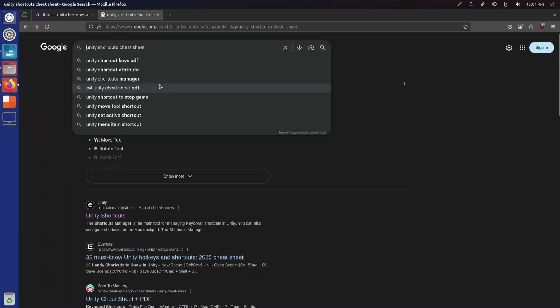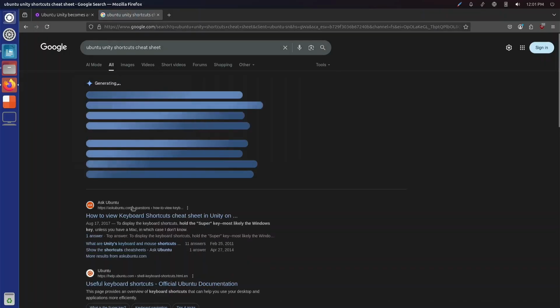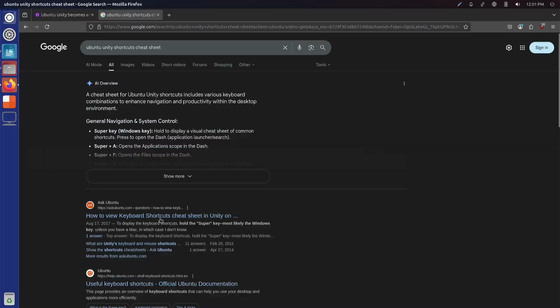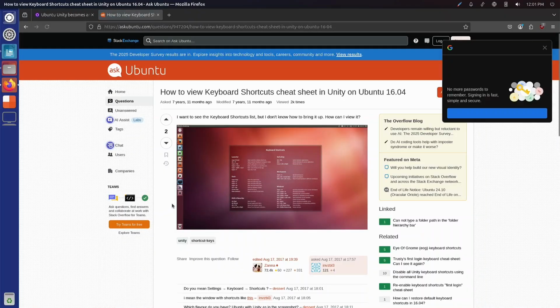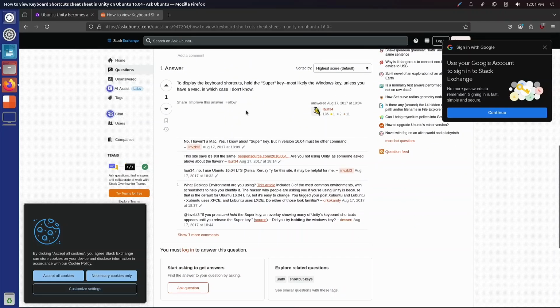Ubuntu. There we go. Hold the super key. Hey, there we go.